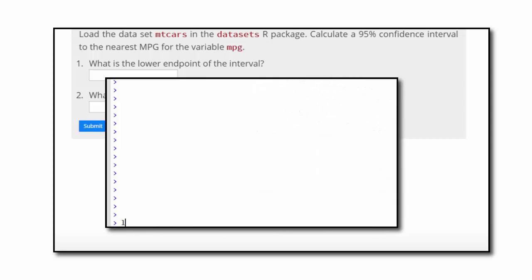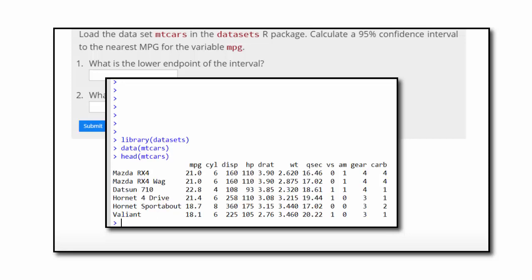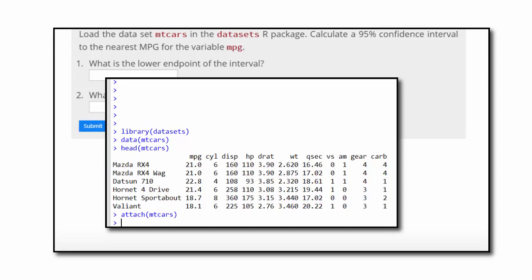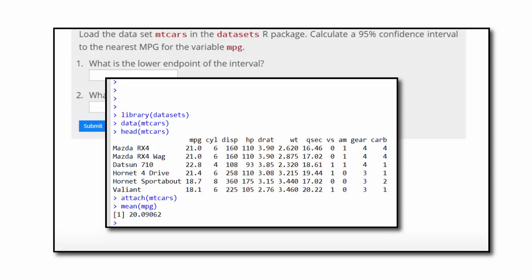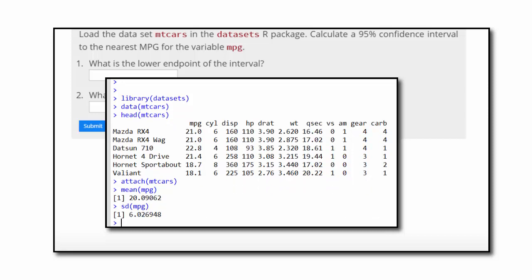So we want to make sure that we do library datasets, and then we do data mtcars, and then we can do head mtcars just to see the top of the data set. Miles per gallon is the first variable. I'm going to attach the mtcars data set just so that I don't have to type the $ sign. So for example, if I wanted mean MPG now, I would just type mean. The average across all the car types was 20.1 miles per gallon, and the standard deviation of MPG was 6